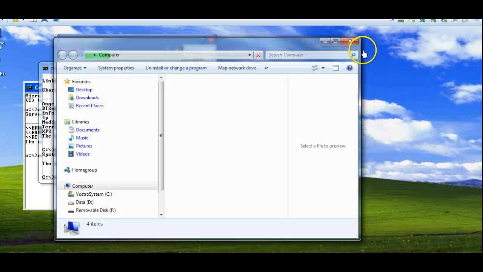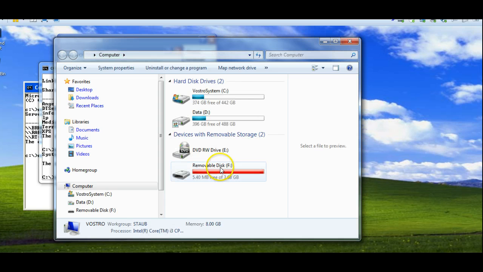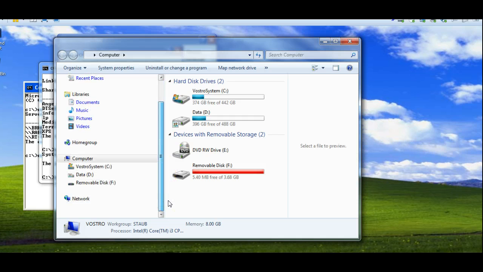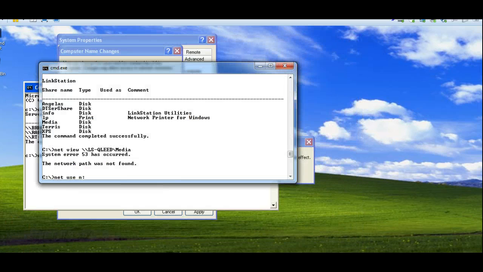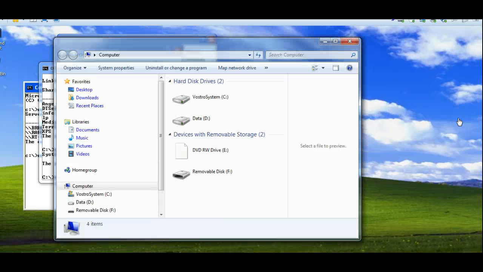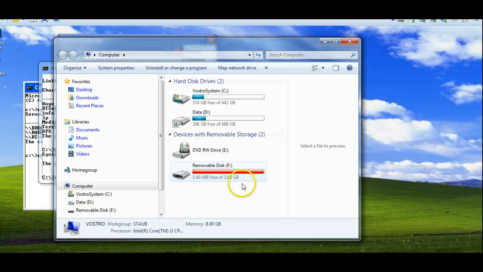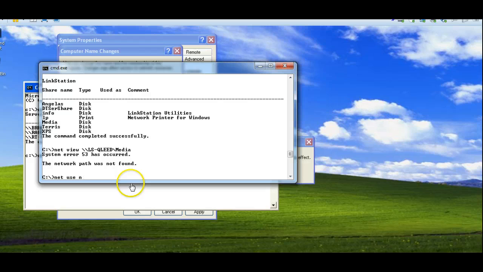Having all these virtual machines up slows it down. Plus unfortunately I started with some applications open. Okay. Let's just make double sure here. Let's make sure we got the right read out there. There we go. Yeah, okay. So yeah, I could use N. I have a few options available as far as drive letters. Let's use Z. Net use Z,